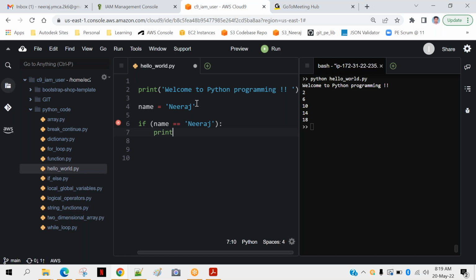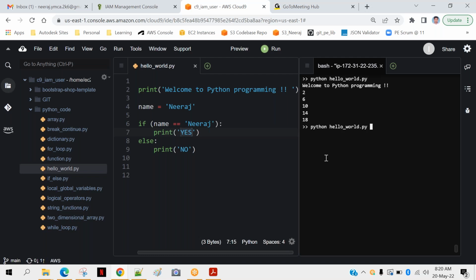I want to print something like yes, okay? Else, I will print no. Okay, so in this case, because the value of name is Neeraj, we are expecting that yes should be printed. Let's check it out.